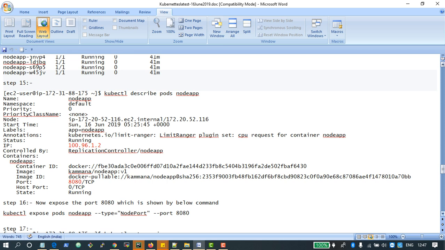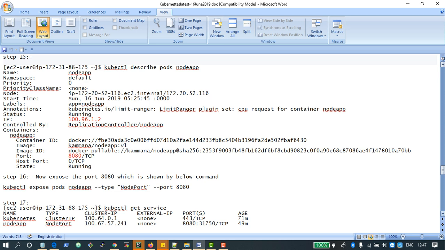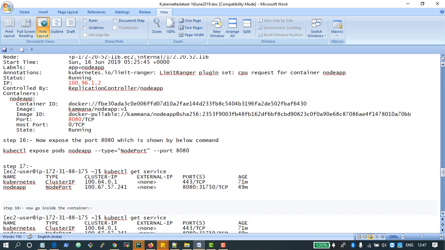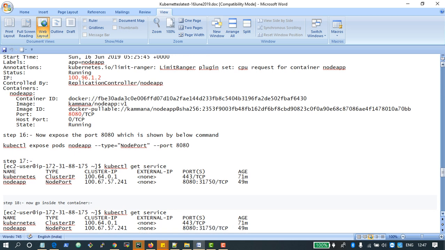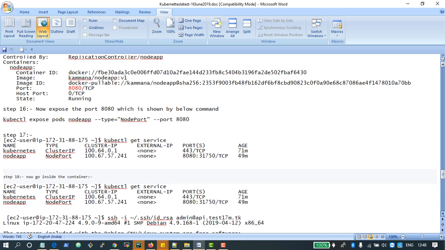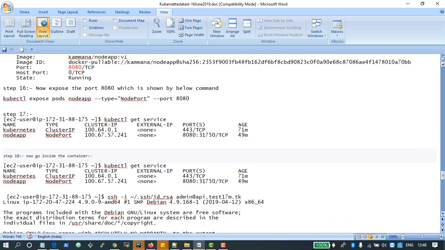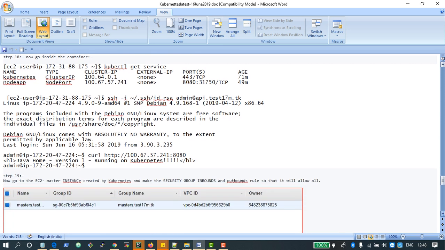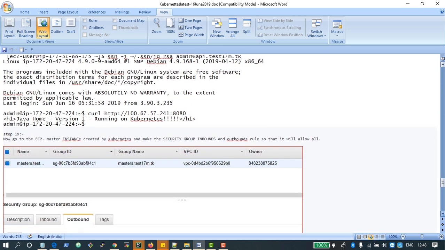Now we will expose the port 8080, which is shown by the below command: kubectl expose rc node-app --type=NodePort --port=8080. So kubectl get service will give the service name. You can see the service name. Now we will go inside the container: kubectl get service, and then we will ssh -i id_rsa admin at the API. You can see here. Then once we are done, we will run the Kubernetes curl command, and you can see